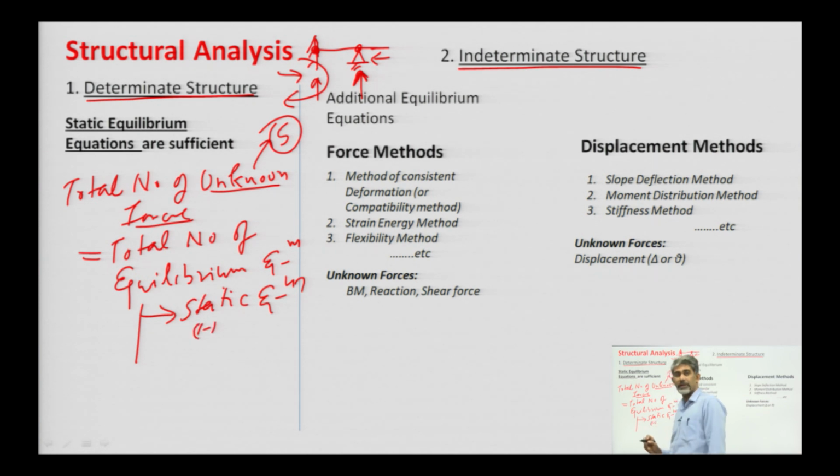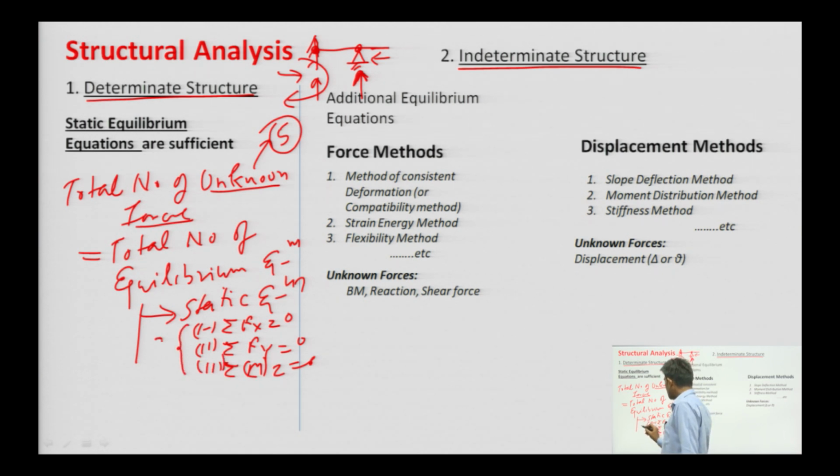In the case of a 2D plane, it is sigma Fx equals 0, sigma Fy equals 0, and sigma Mz equals 0. So, we have a total of 3 static equilibrium equations, and apart from that